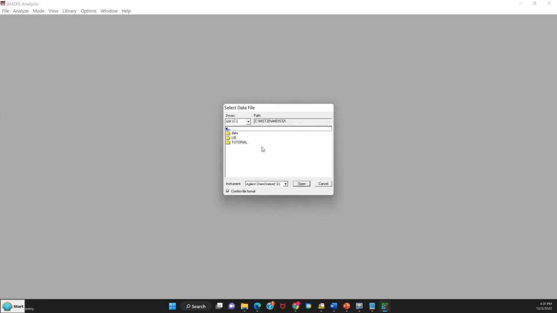As I mentioned before, I'll show you how to make your own CSL library. In most cases, the ones that I've given to you within the resources.zip file will be adequate for all the needs that you would have for doing retention index determinations with AMDIS. However, there might be some special applications, so I'll pretty much show you how I made my CSL files when I started. So I came up here to File, and I'll open the data file that I wanted to do, and I'll go find the one for our C7 through C40 calibration mix. We'll open it,